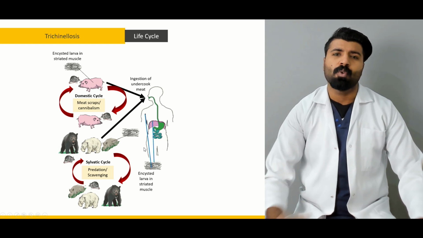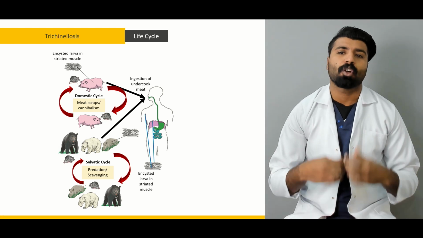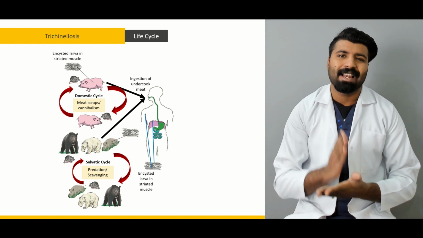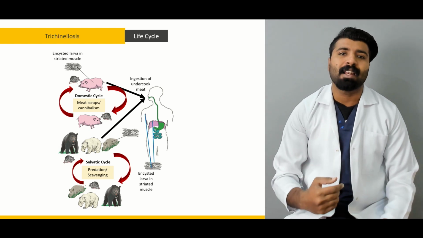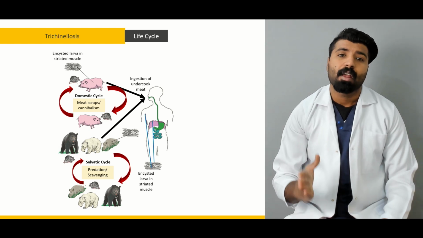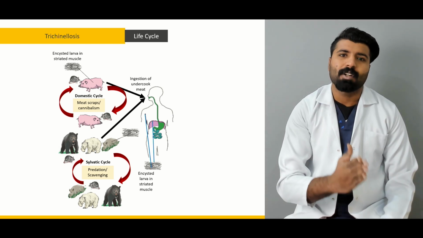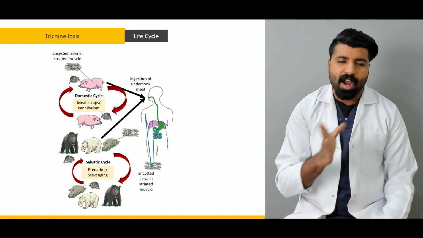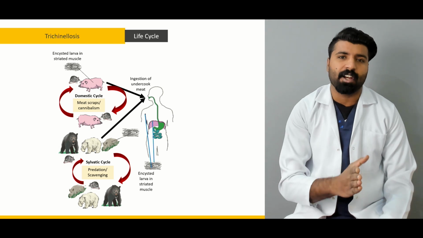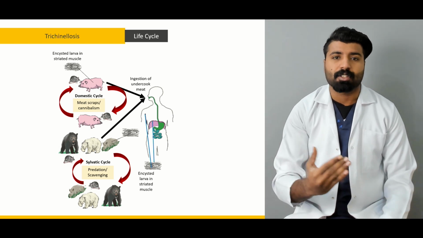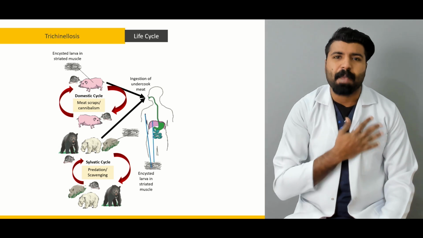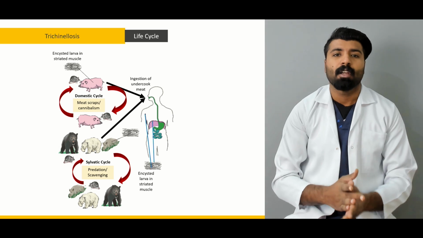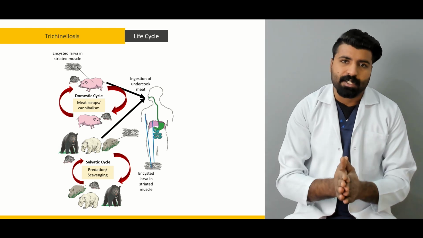They are going to grow in size. They are going to multiply. And once they multiply, they lay their larvae. Once they lay their larvae, those larvae migrate towards the striated muscles. And which striated muscles would that be? Which striated muscles are at higher risk of getting invaded by these larvae than others? We have the deltoids, we have the pec muscles. These two muscles are basically going to be the home of these larvae.